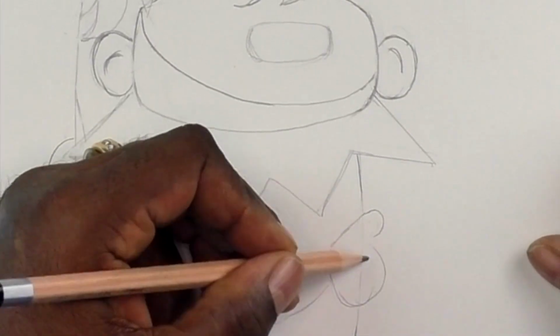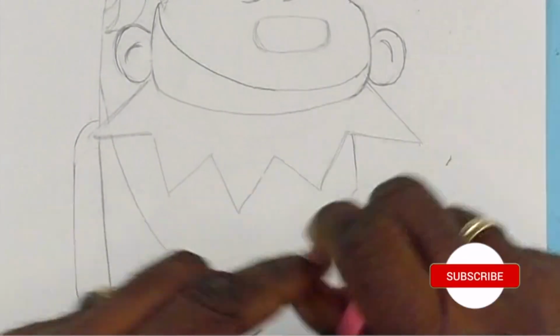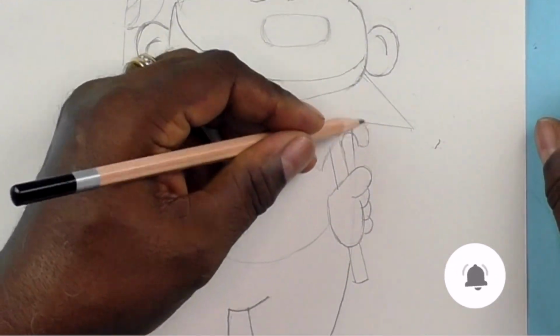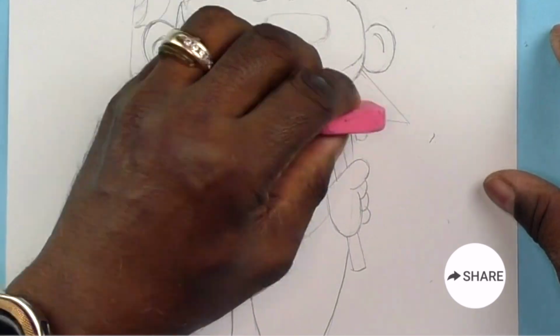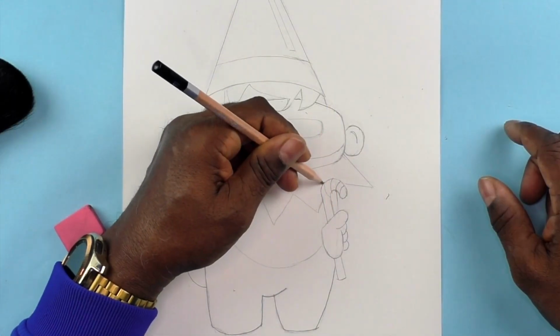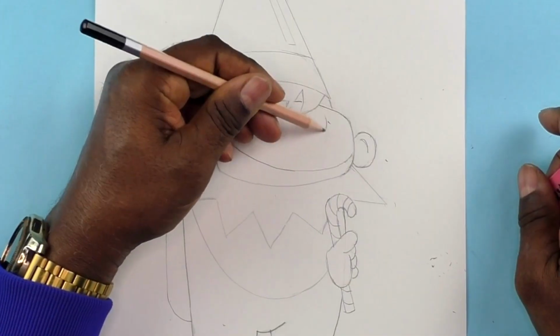You can have the Elf on a Shelf say he's watching, make sure you're doing the right thing, because he's going to tell Santa. And you know, back from history, I remember my parents telling me that if you don't do what you're supposed to do, you're going to get that lump of coal. You're not going to have anything under the tree. So anyway,